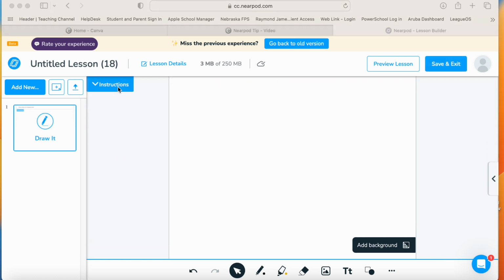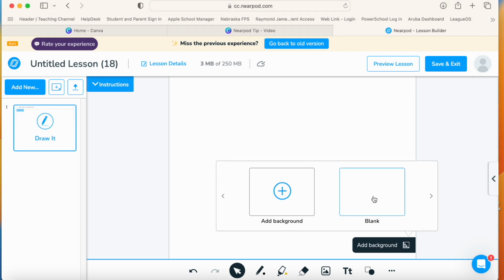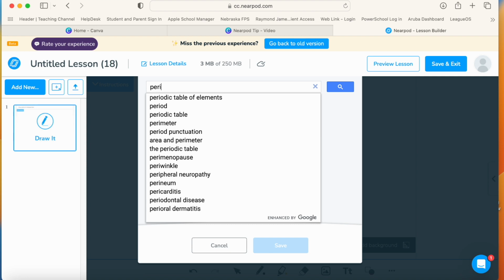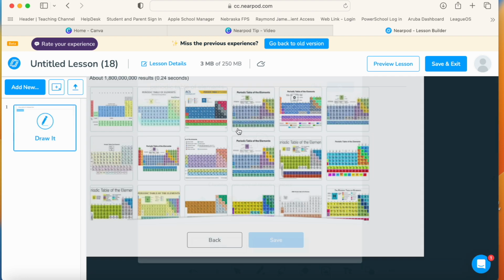Okay, from here, I can come down to my lesson. I can add a background. I can leave it blank, or you can go to Google or have a picture download from your computer. But any file that you would like as a background, you could do here. So just to kind of show you, maybe I want the periodic table of elements, and maybe I'll put this as a background